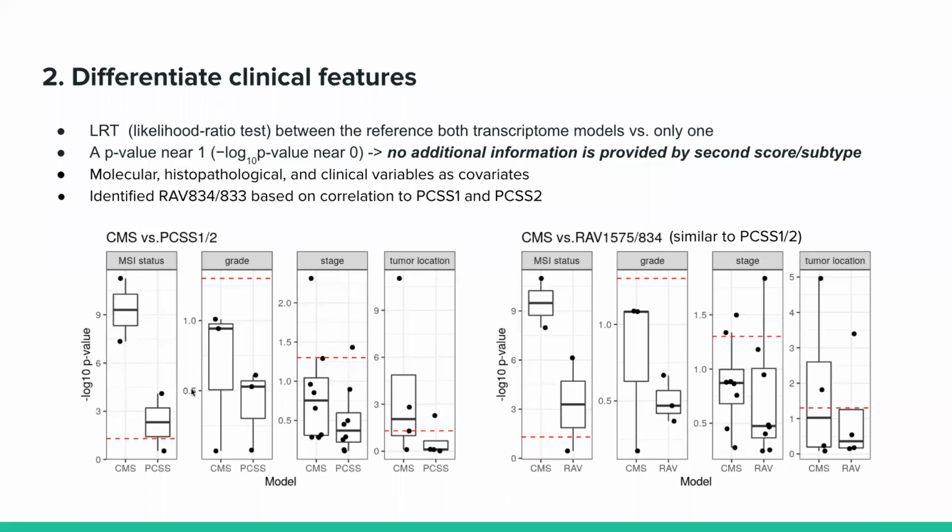alone. And these p-values close to 1 indicate that adding the discrete subtypes to the continuous scores has very little effect on the likelihood. And so this is a case in all of these, those subtype scores based on the colorectal cancer microarray data sets are better representative of microsatellite instability, grade, stage, and tumor location. So we went ahead and did the same thing with these two